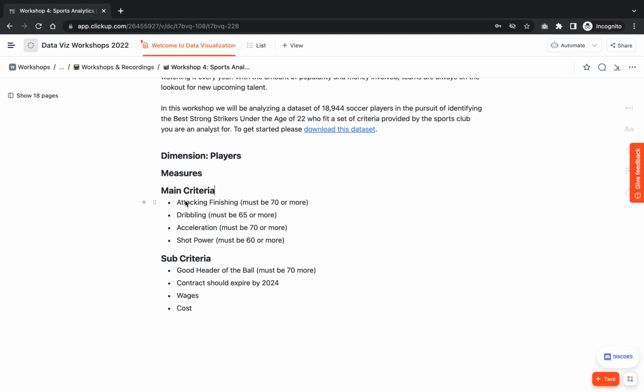Now, here's some of the sub-criteria which they've put in. They've said that, in addition to this, they'd love to see that the player is a good header of the ball. The contract should expire by 2024 per se, and then the wages are also important to them. The cost is also important to them. And of course, the player must be 22 or younger. And in addition to that, the player must play in attacking